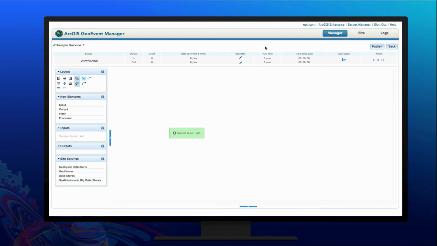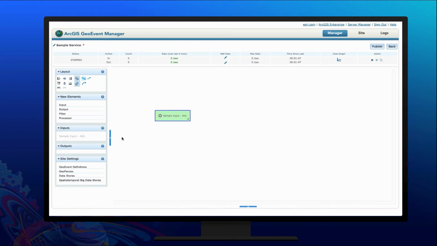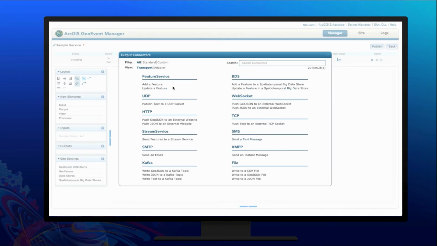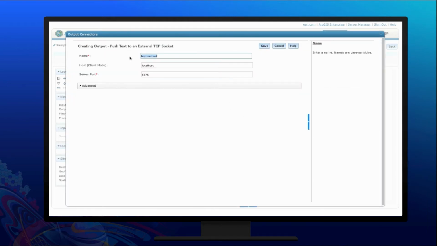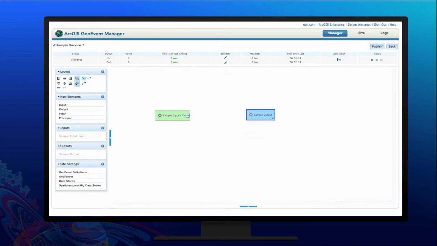So the next thing we need to do is configure an output. What are we going to do with this data once we bring it in? Just like before, we have options to do add and update. We can send it out to a feature service. We can send to a stream service. We can push it out to WebSocket. But for the purpose of this demo, we're just going to do a local export, which is a TCP socket, just kind of a dummy output